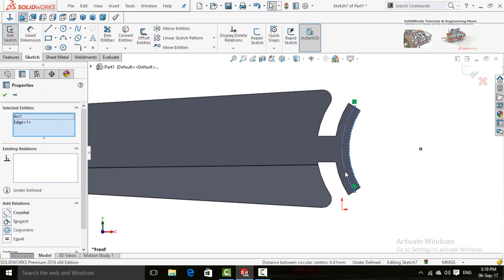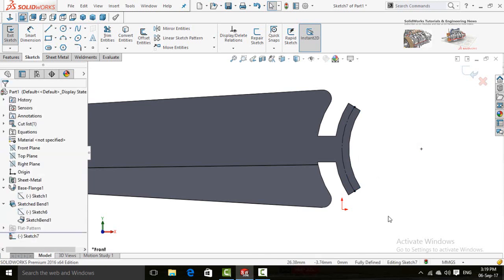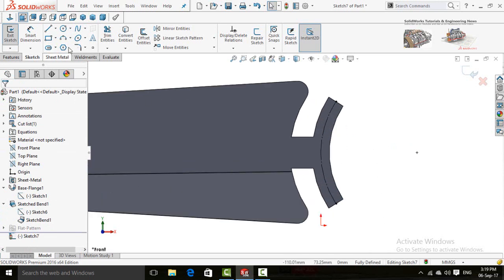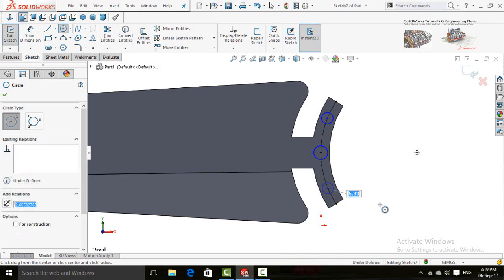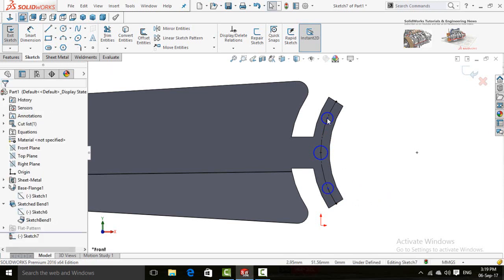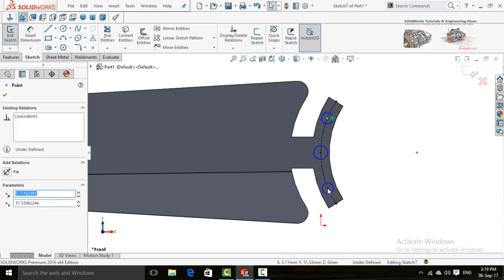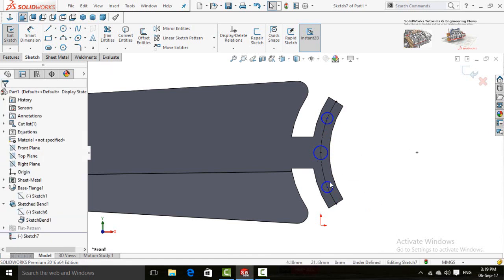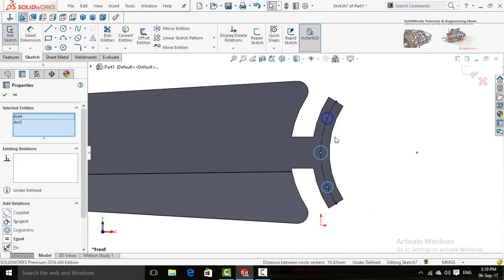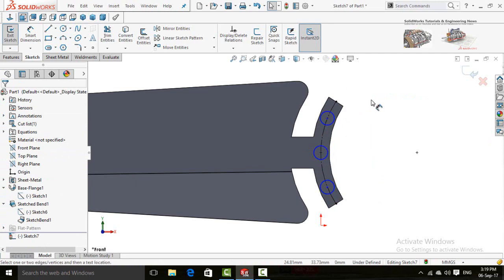Select both of these circles and make relation concentric. Now draw 3 circles, one in the mid. Now select the center points of both of these circles and make relation vertical. Now select all these 3 circles and make relation equal.